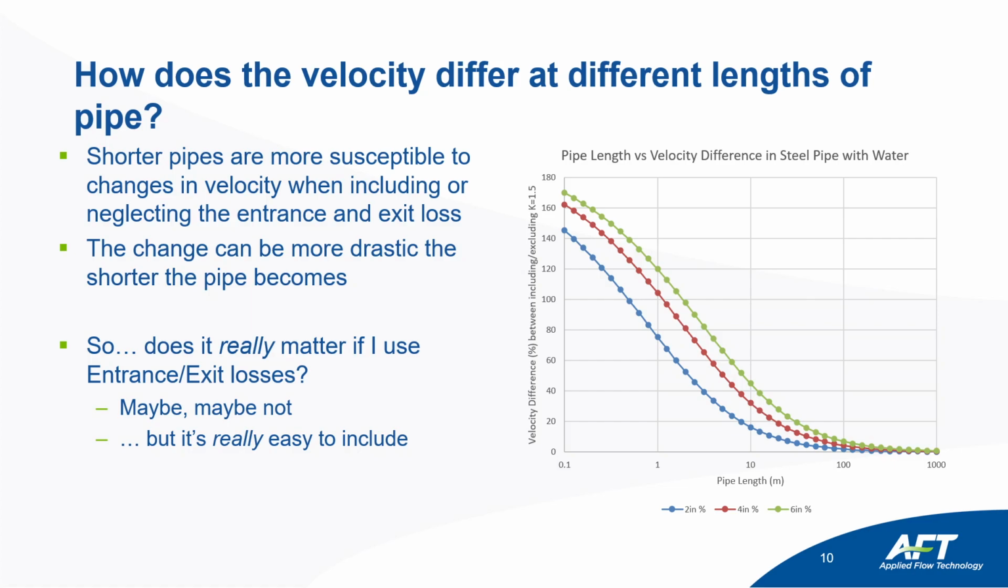Maybe what you would want to do is make two scenarios, a scenario with the minor losses and a scenario without, and you compare and you say, is the percentage difference enough that I should keep it with or without? I'll be honest, I think that's way too much thinking, especially because it is really easy to